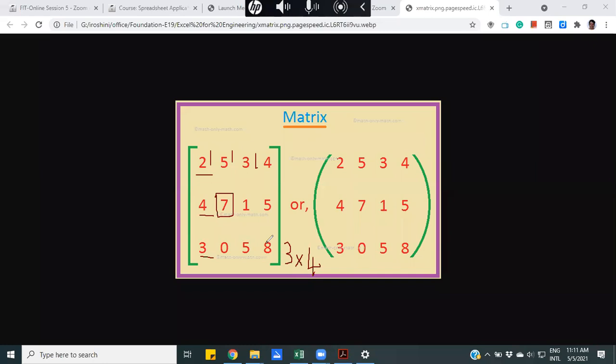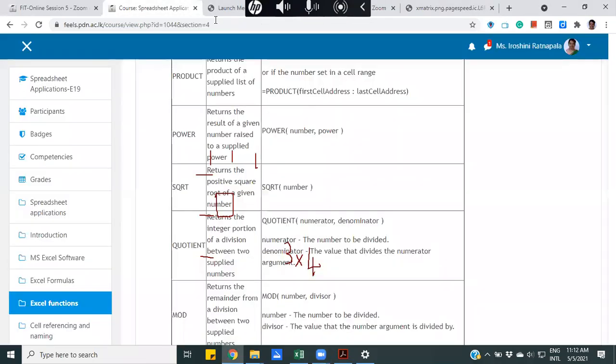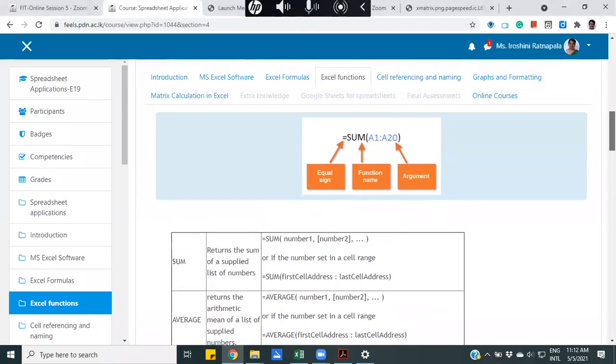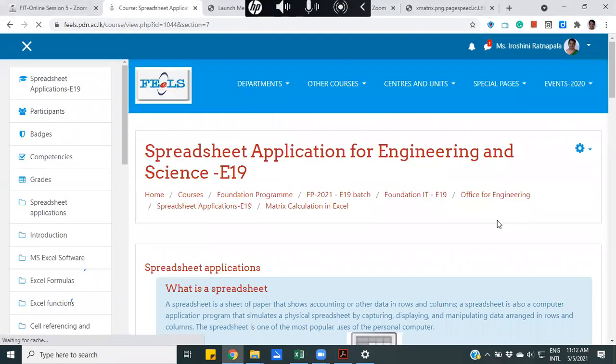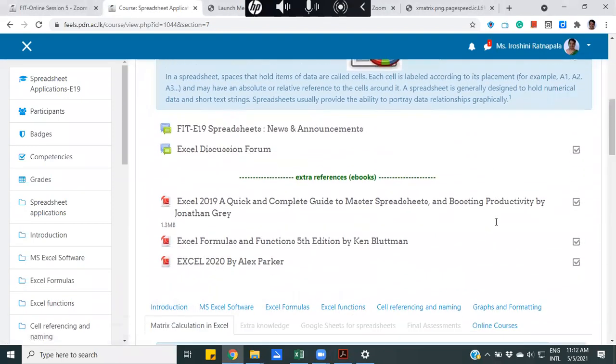If you have visited the spreadsheet application course, I have opened another tab for matrix, and I have made available some of the videos.